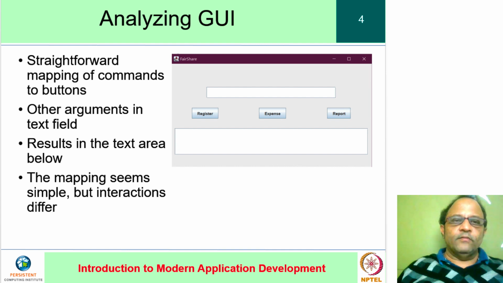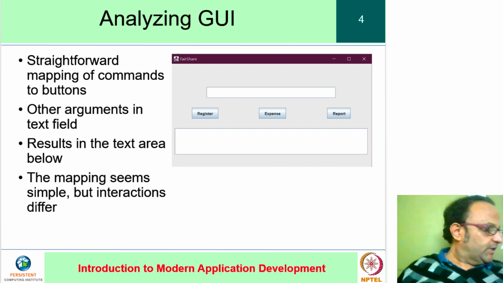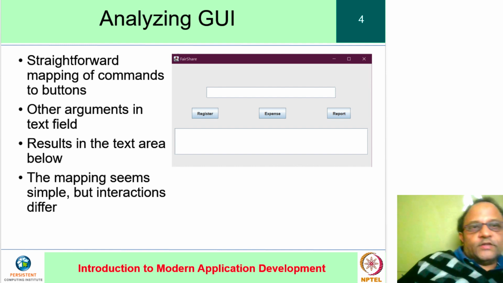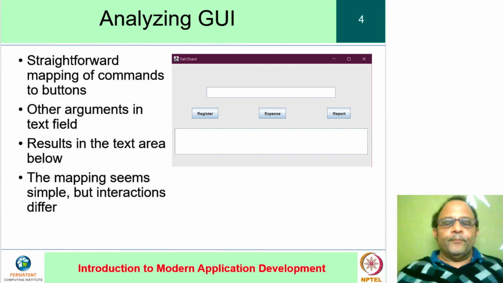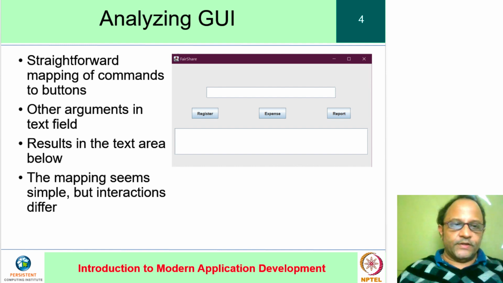For example, we might expect the app to remember who the current user is and not require us to again and again specify the user, which is something we have to do in case of the command line application, for example. And even our non-technical friends, if we show them this app and they have to enter their name again and again, they will definitely make a suggestion that, couldn't your app just remember our name?